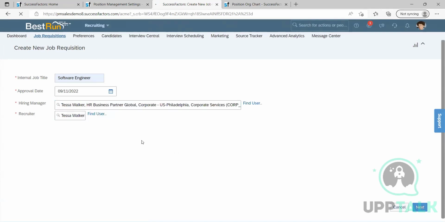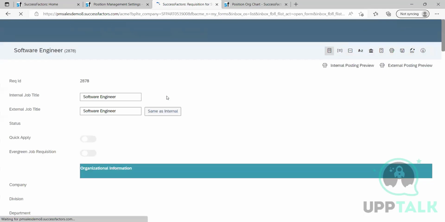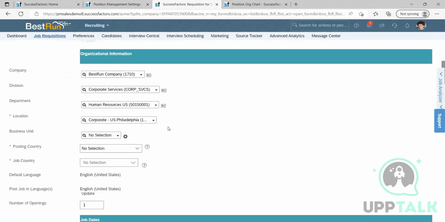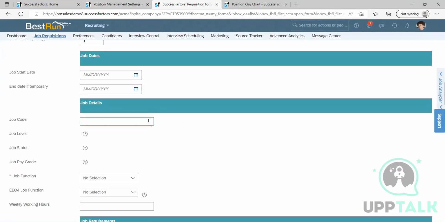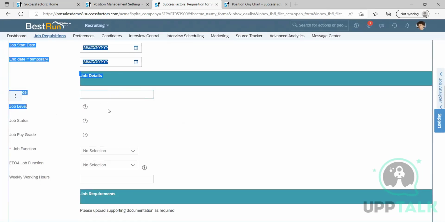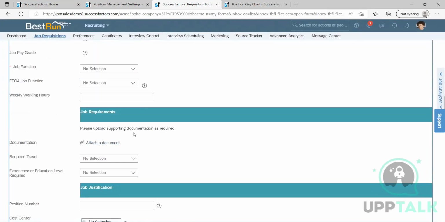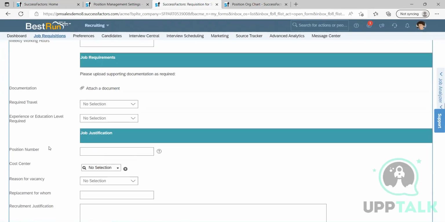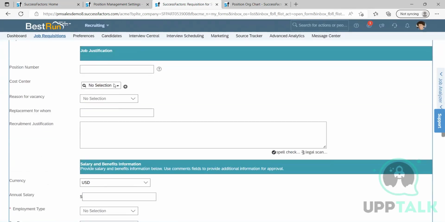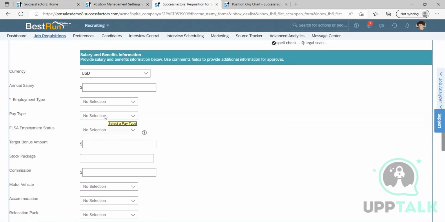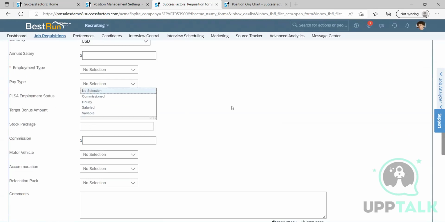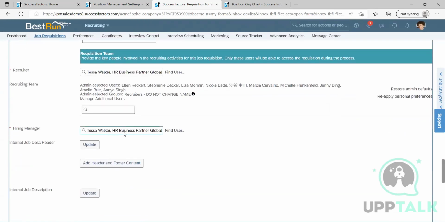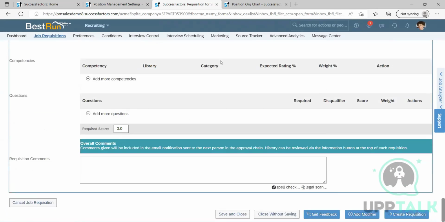Now I need to select all these people. I need to click on select next. And then I need to give all the details here. Job date, job level is not coming, job status is not coming, pay grade is not coming. Position number is not coming, cost center is not coming. I need to select manually. Pay type is not coming. Currency is not coming. So in order to mitigate this, to make life simple, what we are doing is